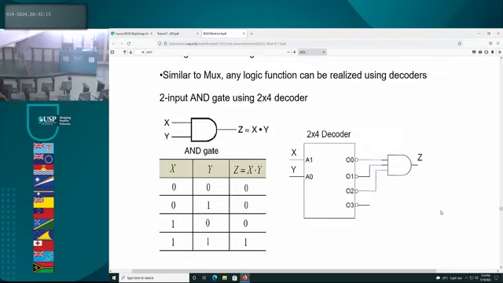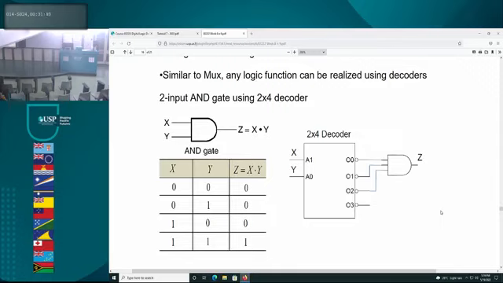Which line will get selected, guys? Line 0 will get selected, but because there's a bubble there, line 0 will stay on 0, everything else will become 1, thereby 0, 1, 1 will give you output of 0, 0. All right? Now, 0, 1, 0, 1, over here, 0, 1, second row, 0, 1,